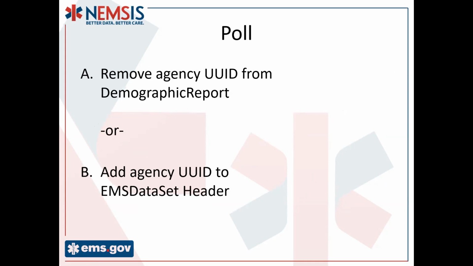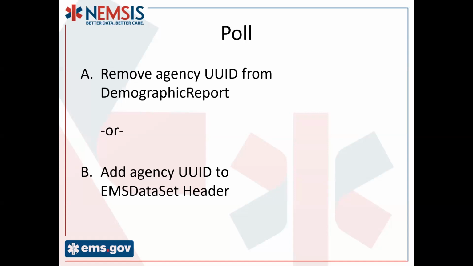Okay, so in a moment, we're going to do a poll to just get the pulse of everyone here. We're considering these two options. If you think there's a third option, then we need to hear from you because the poll only includes these two. So option A is that, if we look back at the candidate release, we put UUID on the demographic report element, the agency itself. Option A is we take it off of that element, and so we continue to identify agencies by the combination of state, agency ID, and agency number, those existing three data elements like we do today.